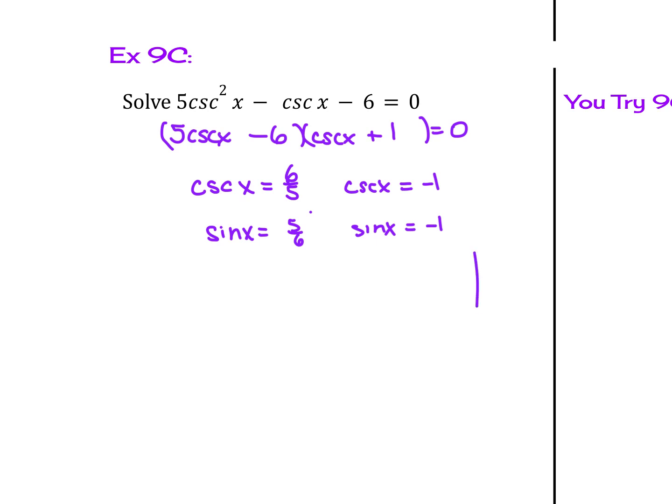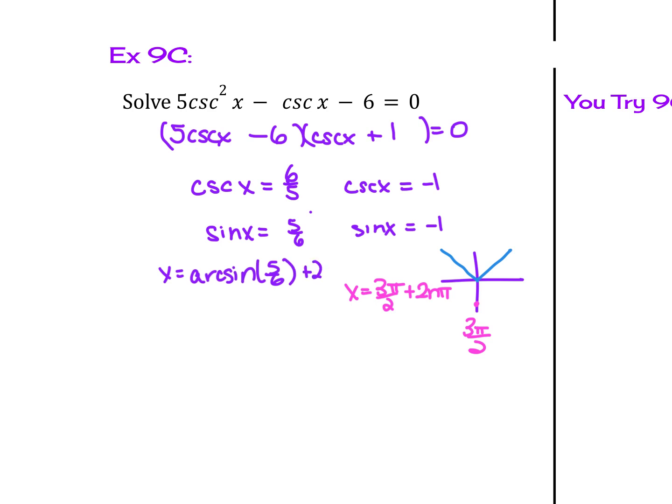So sine is -1 here at 3 pi over 2. So x equals 3 pi over 2 plus 2n pi. Sine of x is positive, so y is positive in quadrants 1 and 2. And then 5/6, we don't know that exact number from the unit circle, so we're going to have to use arc sine. So we can use x equals arc sine of 5/6 plus 2n pi,